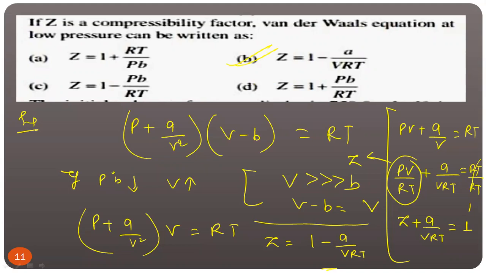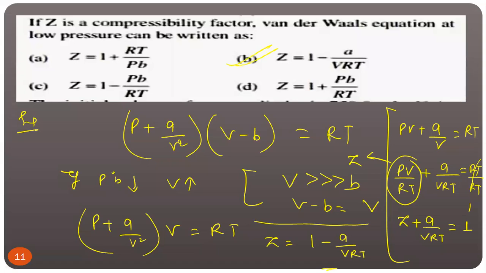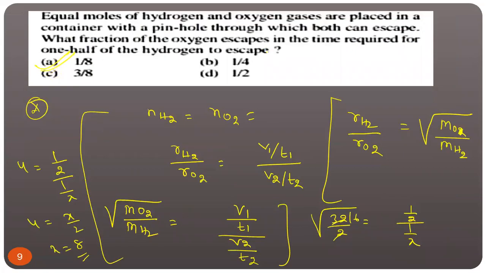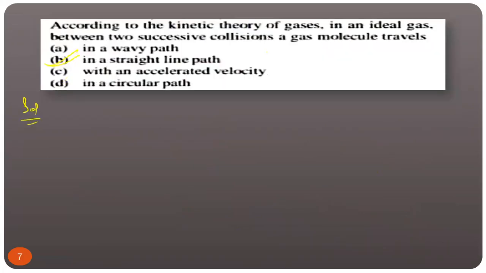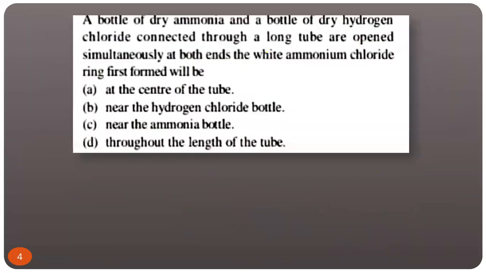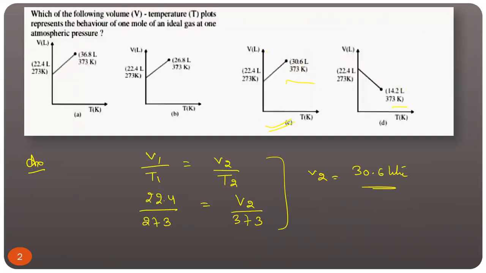One more thing, if pressure is high, then what will you do? There are different conditions, and I think now you can easily solve such questions. आप लोग easily इसको solve कर सकते हो. So these are the questions I have taken, and practice these questions. I think it will help you a lot. This is the root mean square velocity formula. This is a very, very good question. Now the concepts, as I told you: density relation, inversion temperature formula, root mean square velocity. Now you can easily solve.